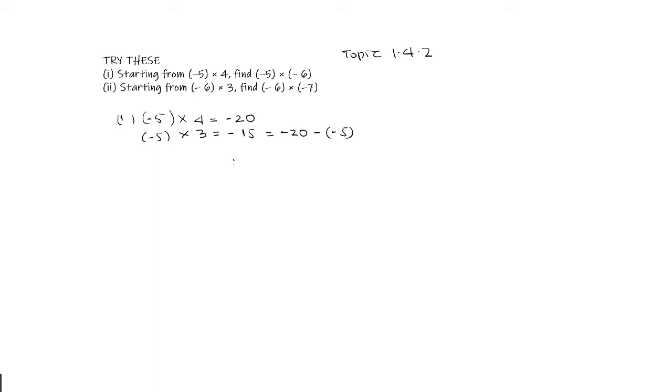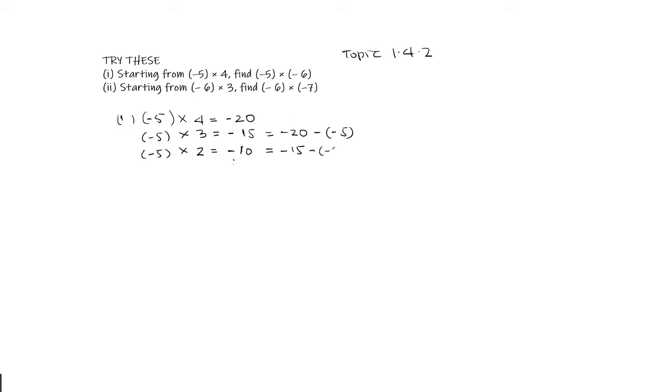Then minus 5 multiplied by, you have to reduce again 1, so this will be 2. And we have to subtract 5 from 20 and we are getting minus 15. So here we are going to get 15 minus 5, which is minus 10. I write 15 from here, minus 15.